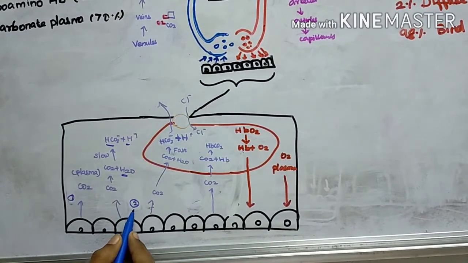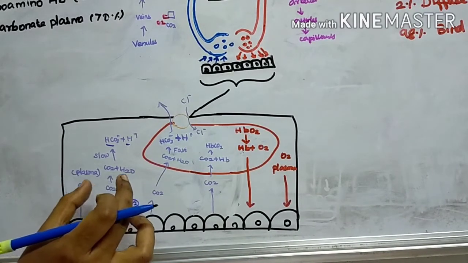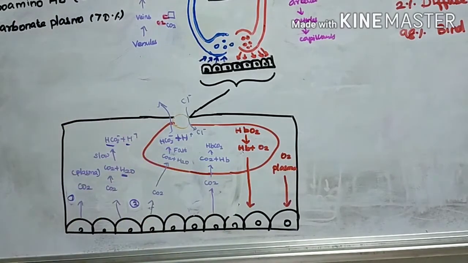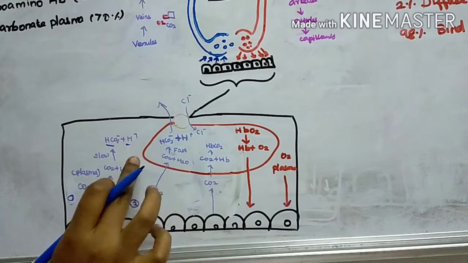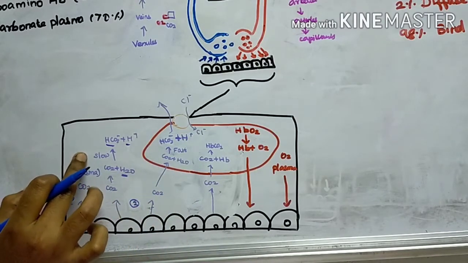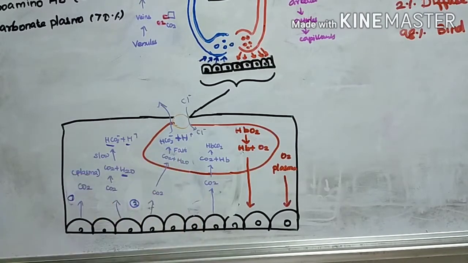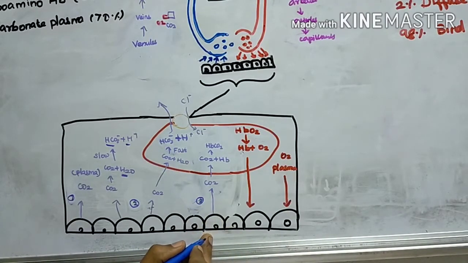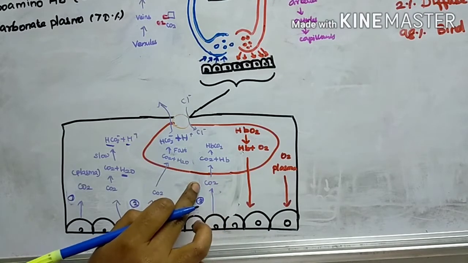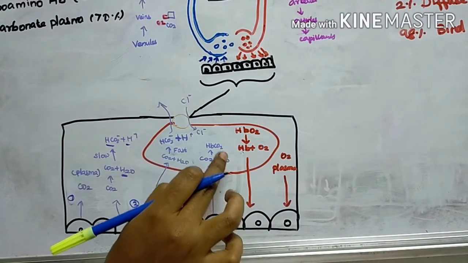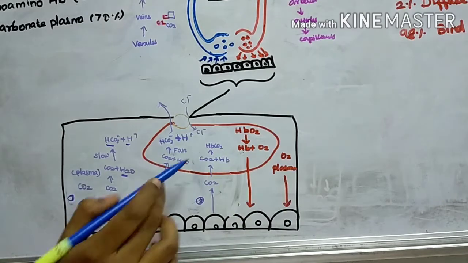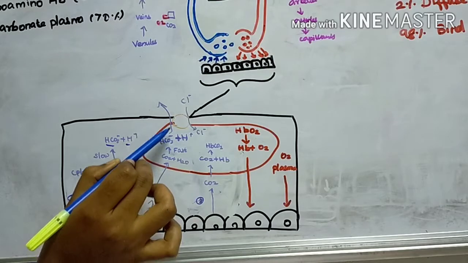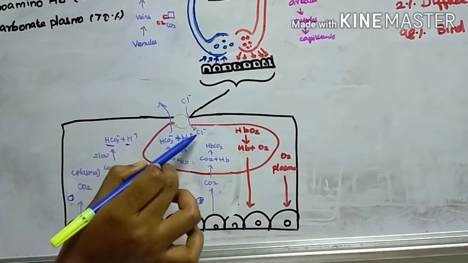So this is the second way. Here the same reaction occurs in blood and in red blood cells. Due to this difference, this reaction occurs slowly and this reaction happens fast. Another way the released carbon dioxide goes back to the blood is that carbon dioxide binds with hemoglobin to form carboxyhemoglobin. Here also bicarbonate goes out and is replaced with chloride ion.